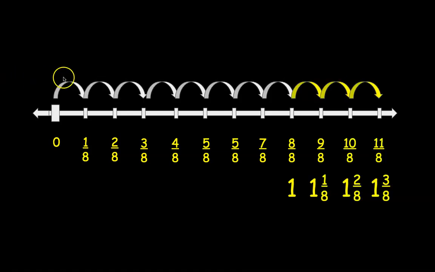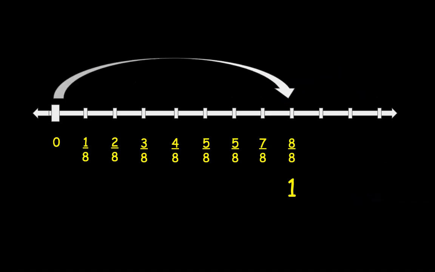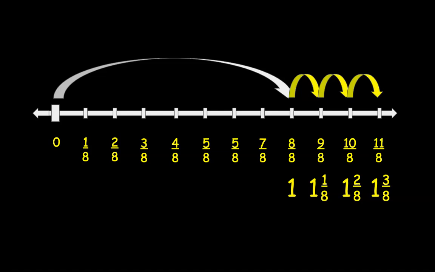We did 8 jumps to get to 1, and then 3 more to get to 11/8. Yeah, we just did 1 big jump to 1 instead of going 8/8. And then we could probably just do a big jump there too. So there's our 1 whole pizza, and there is our 3/8 of a pizza,